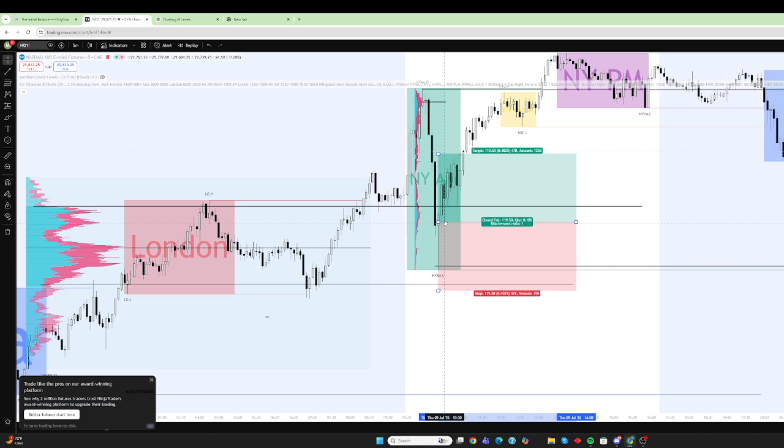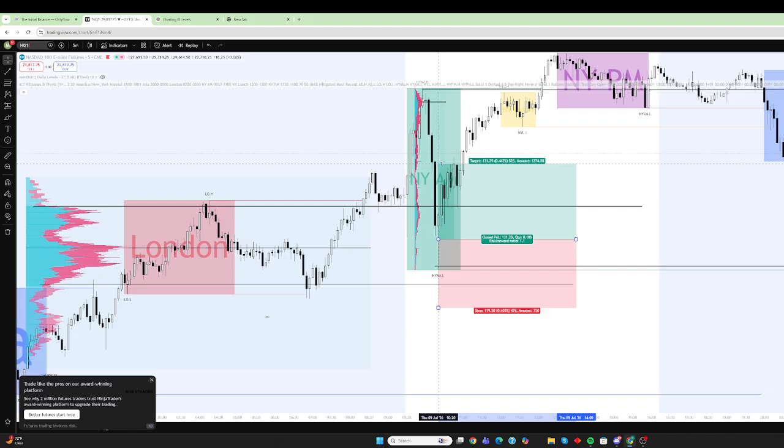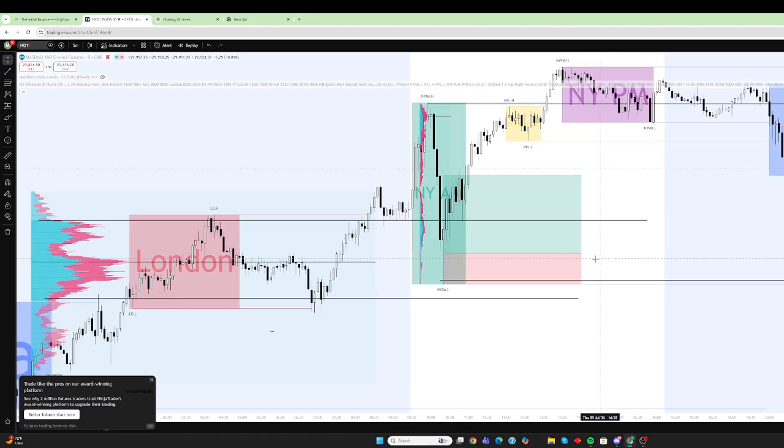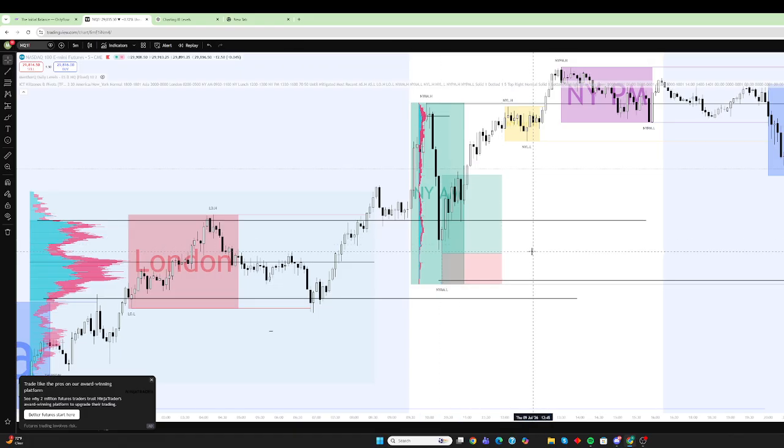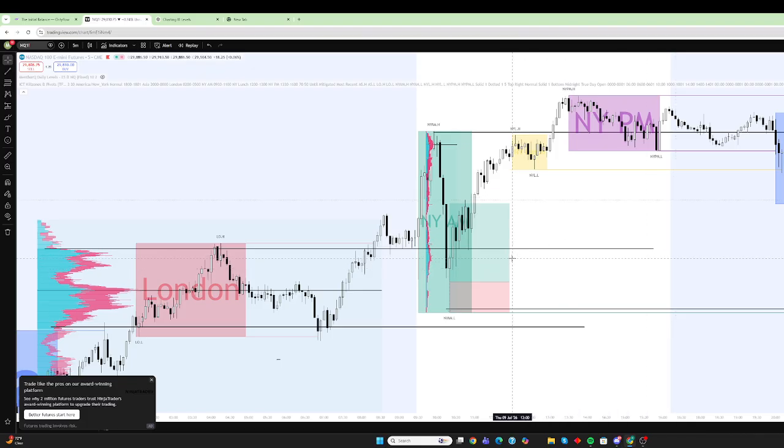I did take this trade. I entered here approximately in this wick, targeted this. Although I will say I was just doing that because I haven't mastered the strategy, so I'm not going to go for 400 points. But with some market experience and experience in this strategy, you could realize,